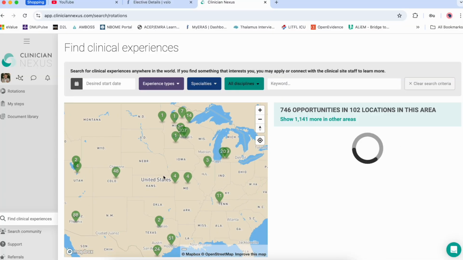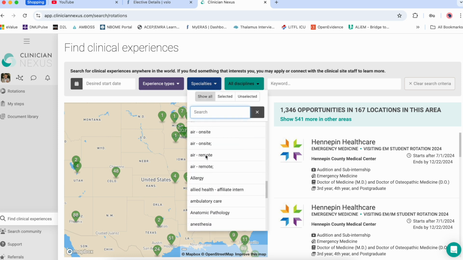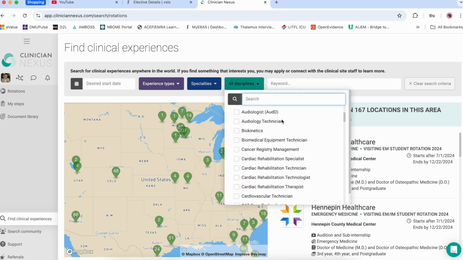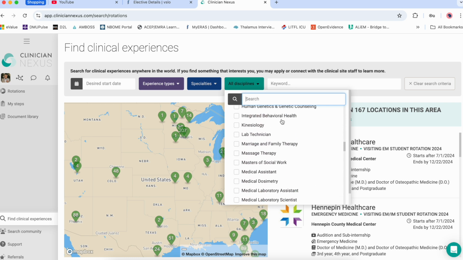One of the other options is what's called Clinician Nexus. So this resource I'm gonna pull up here is very similar, except you can look on a map for the rotations that you want to do. In this case, I would go through and select the specialty that you're applying to, and then within disciplines, you can select for specifically